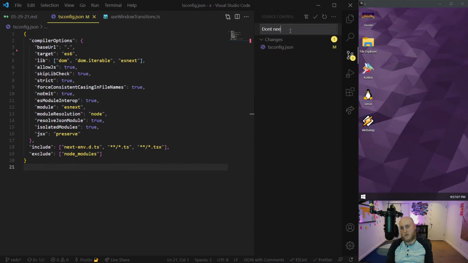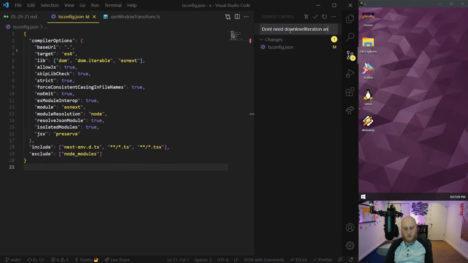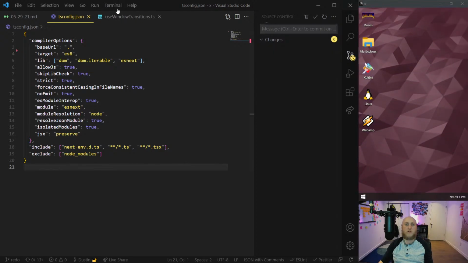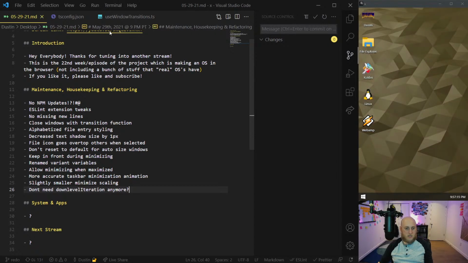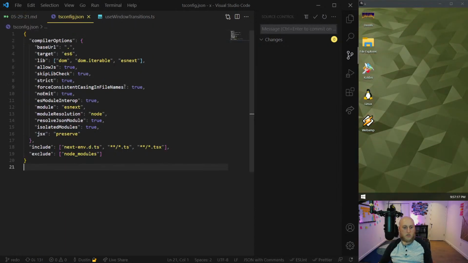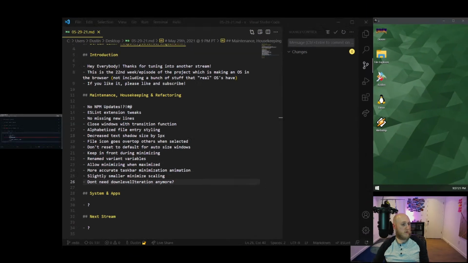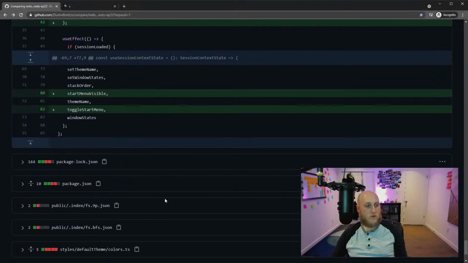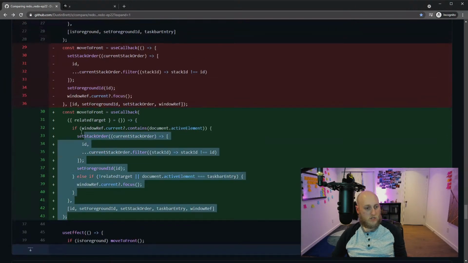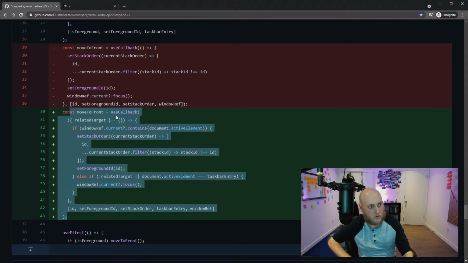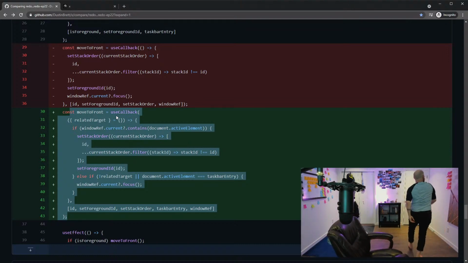So I'm going to say don't need down level iteration anymore, question mark, until I run into an error, you know. I did ESLint and builds and stuff and I wasn't getting any errors anymore. So I'm just going to consider that that wasn't actually a problem. So we just did a bunch of stuff there. Before I get to the start menu, I wanted to figure out what this change was. Let's take a peek at my bugs really quick. One second. What do we got here? Windows properly minimized or maximized.